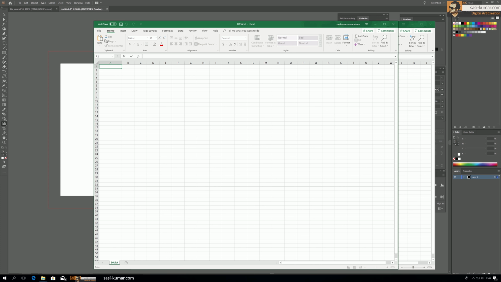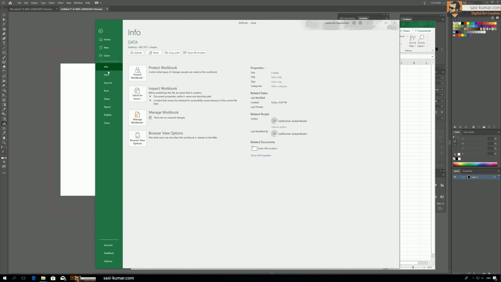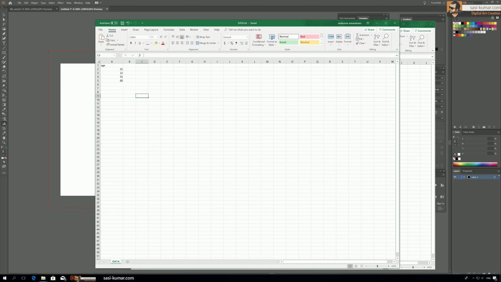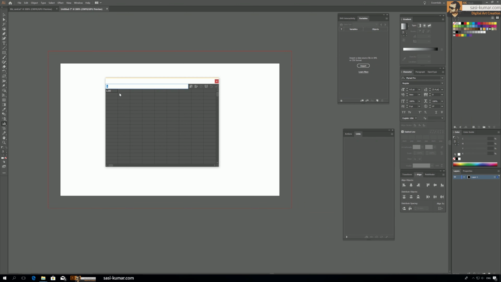So I'm just going to have some dummy data. Let's say age, age, age, and let's have some values: 25, maybe 12, 55, and 60. Okay, so now we just go and save this file. Then we go back to Illustrator and let's import that data